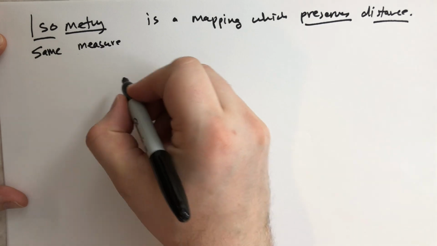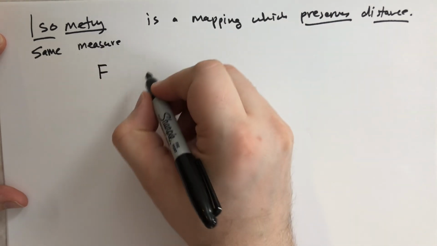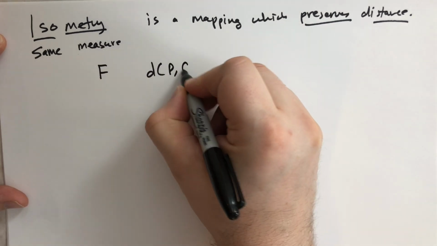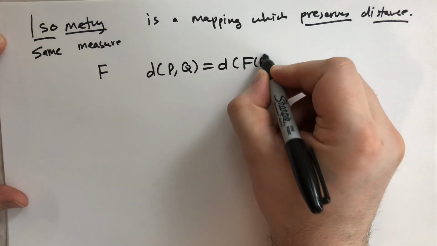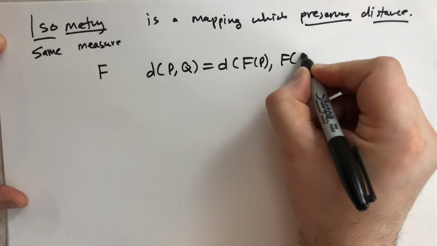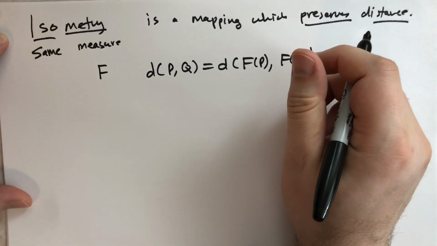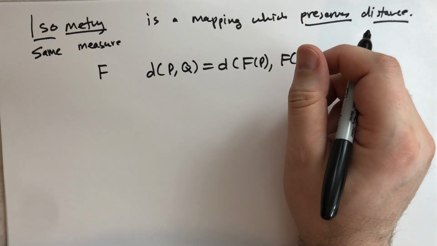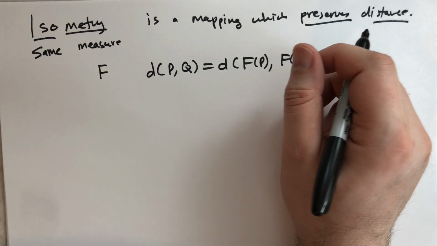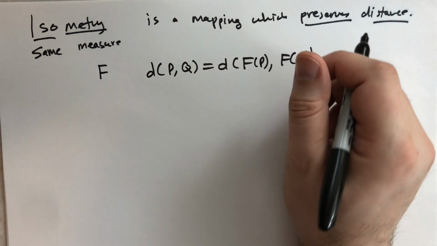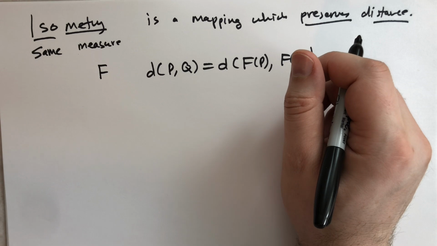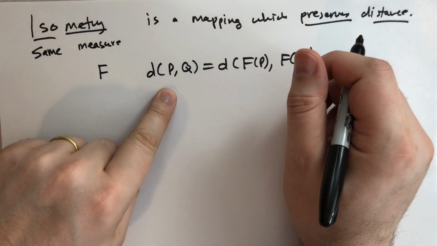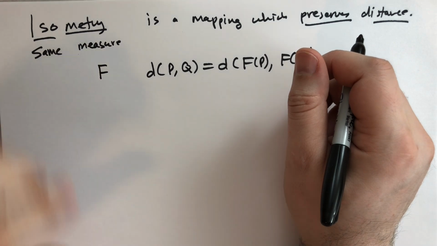Okay? So if we have an isometry F, then the distance from point P to point Q is the same as the distance of point P mapped through F and point Q mapped through F. All right. Which ones of these are isometries, which ones aren't? Anything but scaling so far is an isometry. Okay. The distance between 2 points P, Q is d(P,Q),